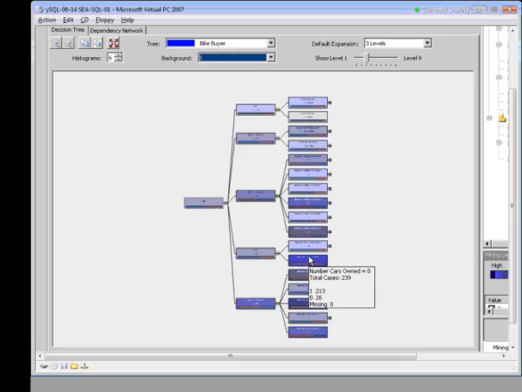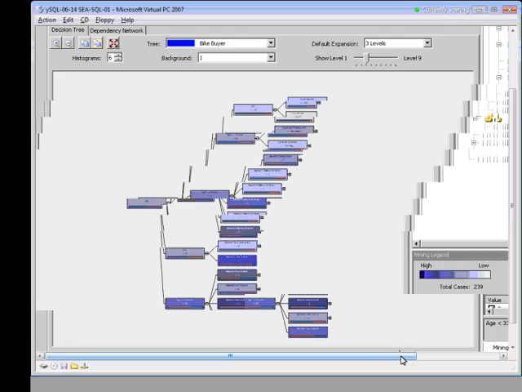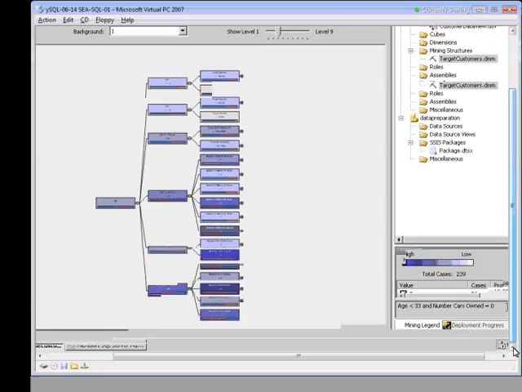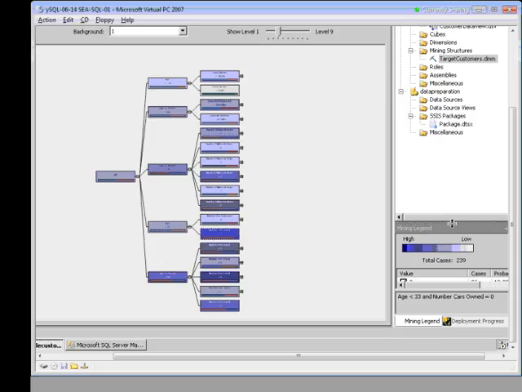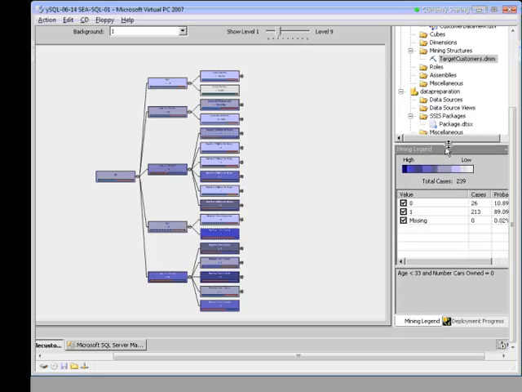You can also click the nodes to get more details. So there's number of cars owned equals 0, total cases, what was that, 2,000? Let me just double click into it. Notice on the lower right-hand corner here, I've got my mining legend. Let me resize that a little bit since we don't need all that space. So as I click on different fields here, there's my mining legend, and we can see what's actually going on.